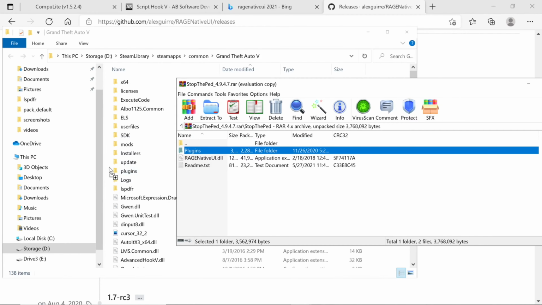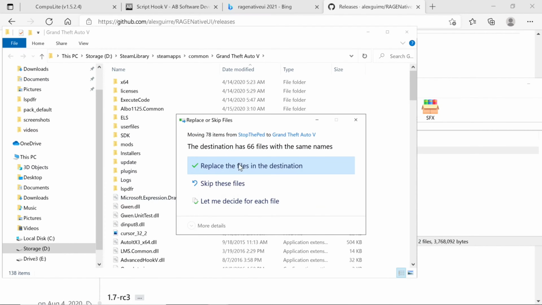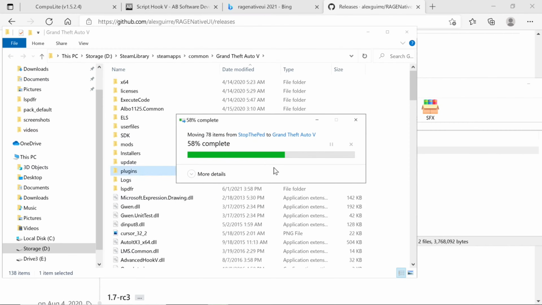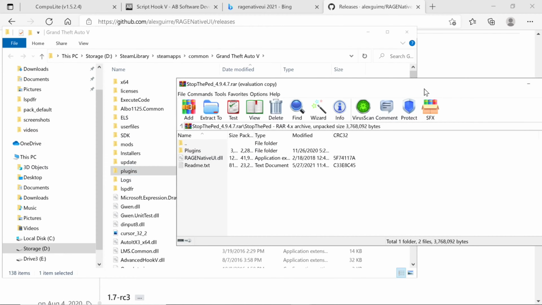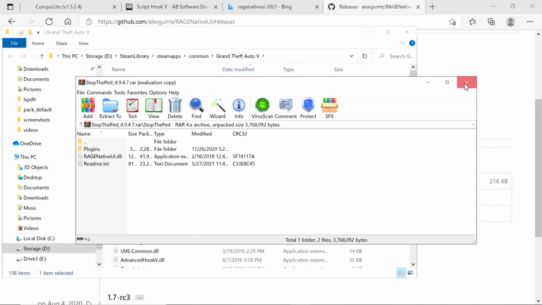drag and drop over here to the white side. Make sure you're not on any folder. Just drag it over here to the side, and you're just going to drop it in there. It's going to ask me to replace the files due to the fact that I already have the files in there. So I'm going to go ahead and replace them, just like so. And now we are going to exit out of Stop the Ped,